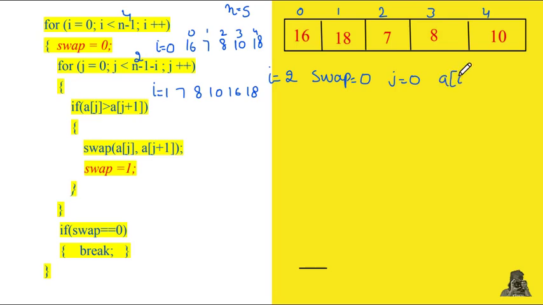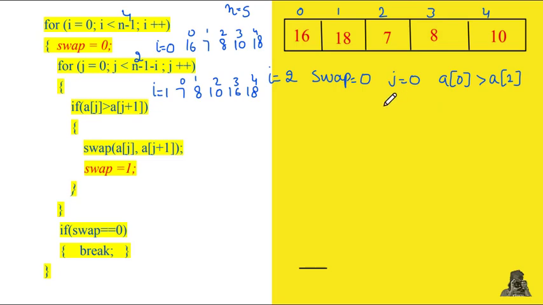We'll try to compare two consecutive items. If they are out of order, we need to do the swapping. This is the array that we have to refer to, because after the execution of the second pass, two values have been fixed to their positions. Let me write the index values for your reference. We are comparing 7 and 8. 7 is less than 8, so this will not be executed. Swap's value will remain 0 and no swapping will be done.